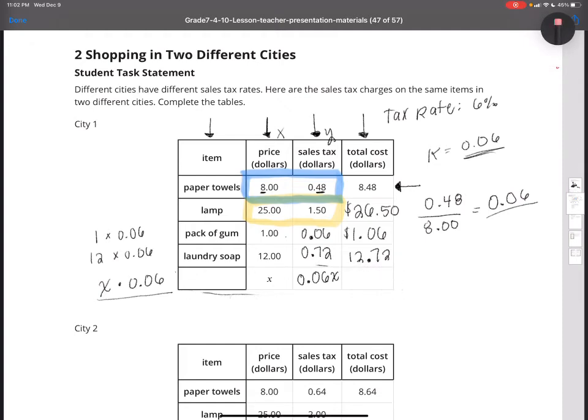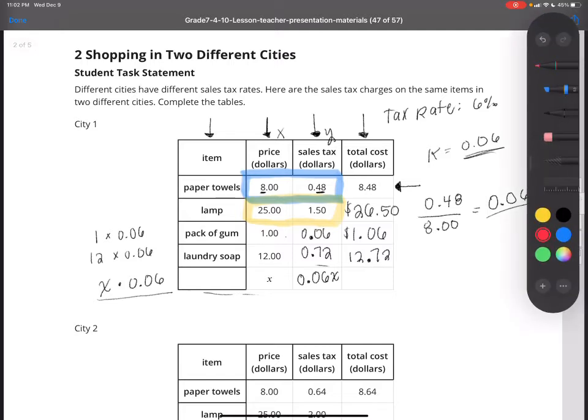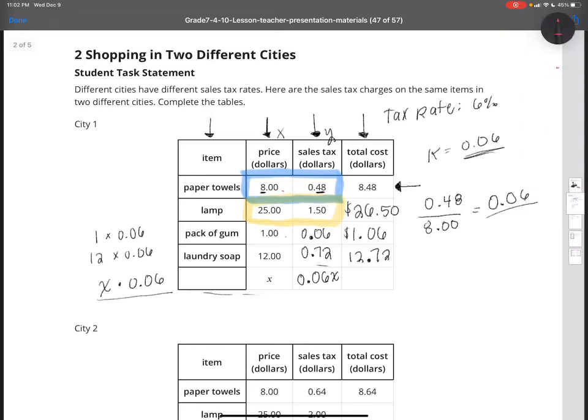All right, I'm erasing this. And I'm going to write in a different color so you guys can really understand what I'm saying and see the visual, okay? So in the other rows, we did price plus the sales tax to figure out our total. So this one, we want to do X